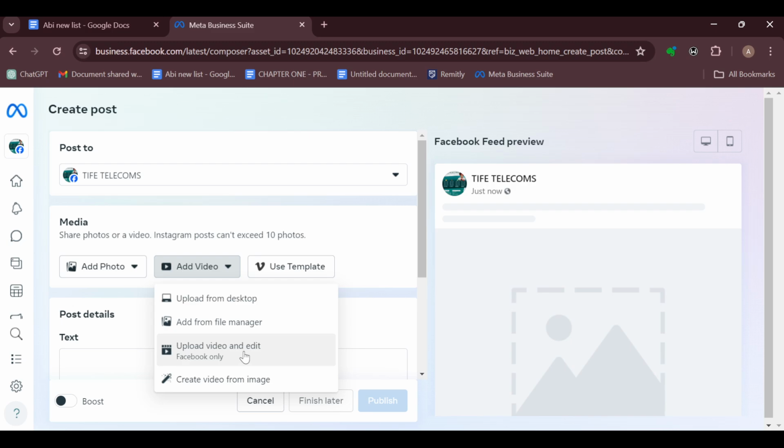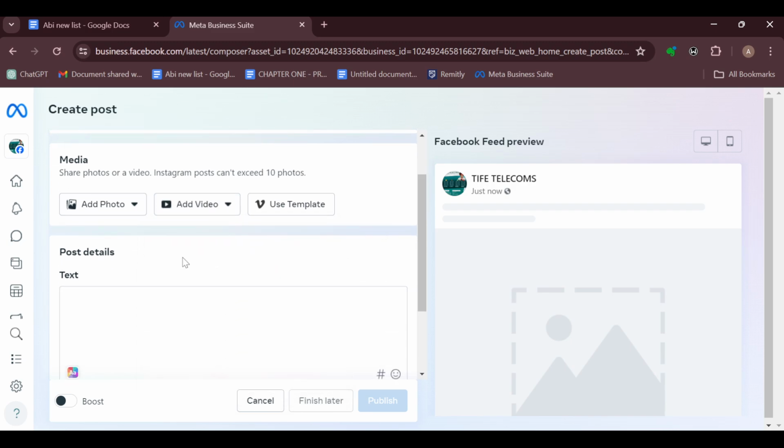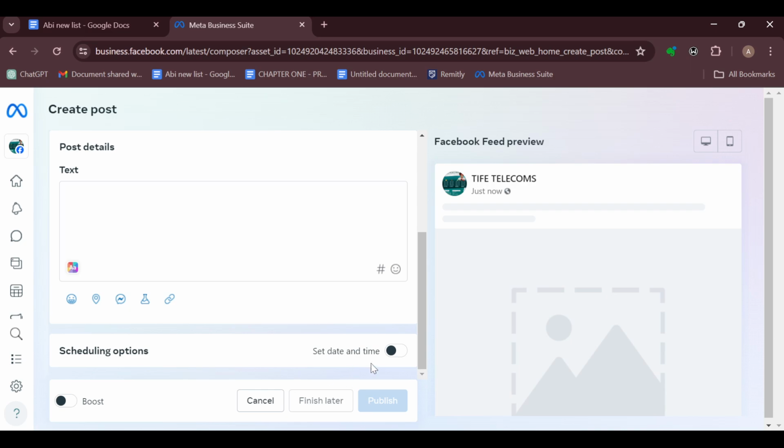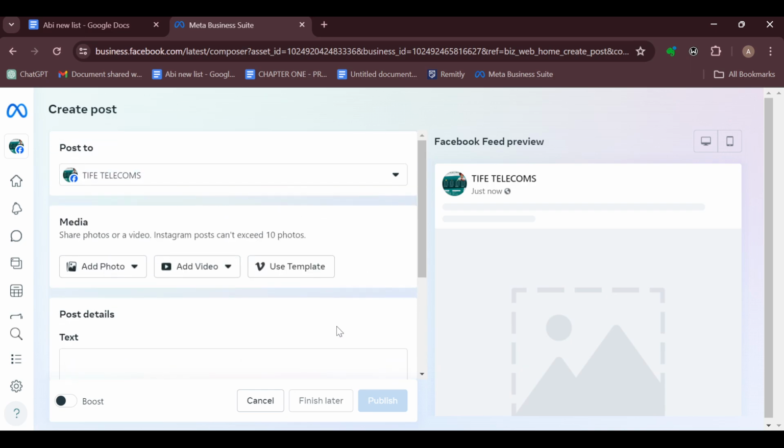You can decide to upload it from any channels here, and then go ahead and add a text. All right, after adding a text, the next thing that you should do is to schedule your post. Then after doing that, ensure you click on publish to publish your post. Okay, so once your post has been published, the next thing that you have to do is to go ahead